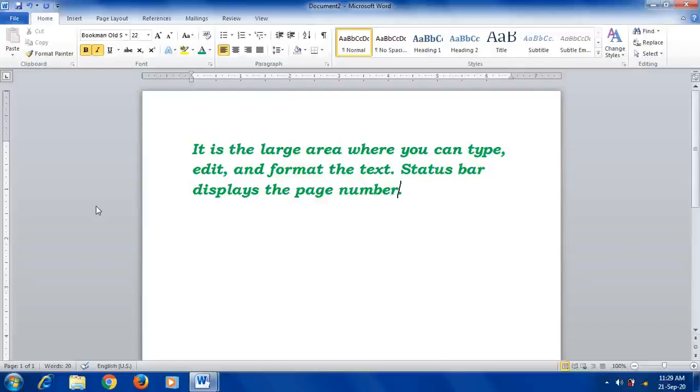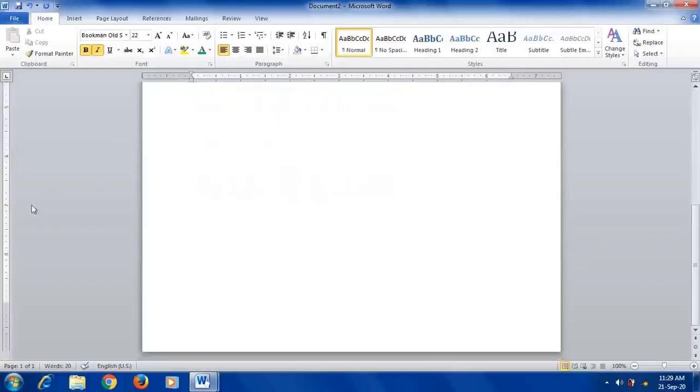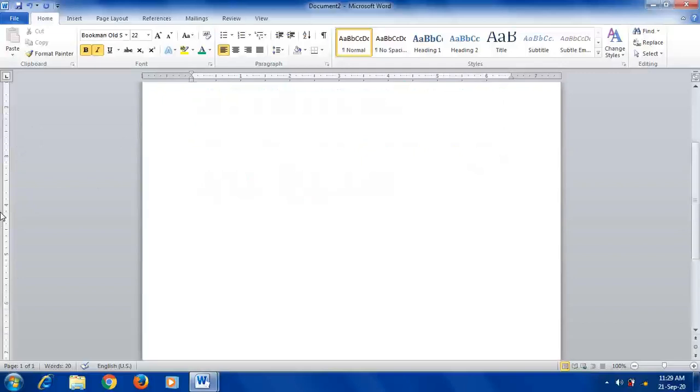It displays margin settings, tab settings and indentation. So by using this ruler we can set the margins, the tab and the indentation. What this tab setting is, you will learn in higher classes, so don't worry. The vertical ruler measures the height of the working area. So what is the height of your page? That will be measured by using this vertical ruler.